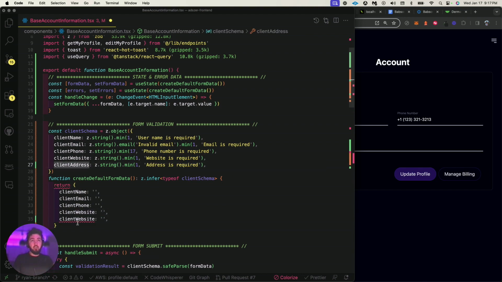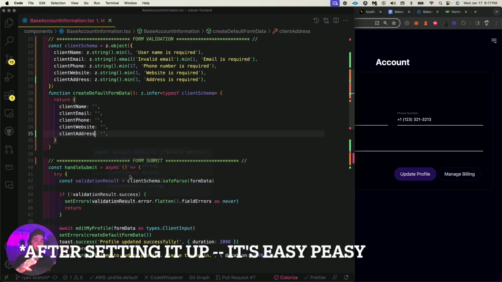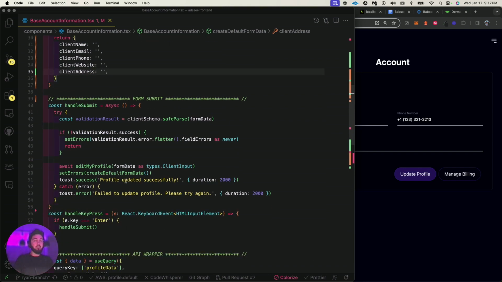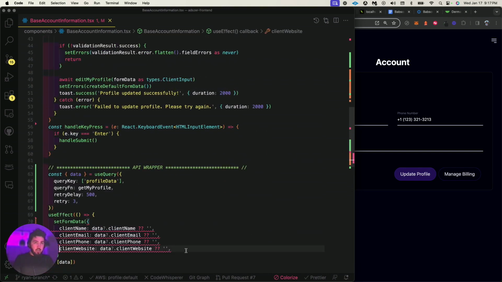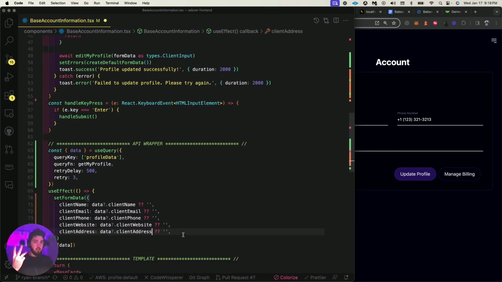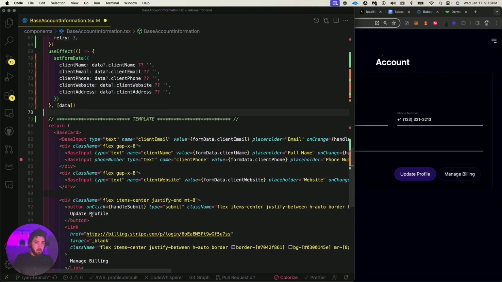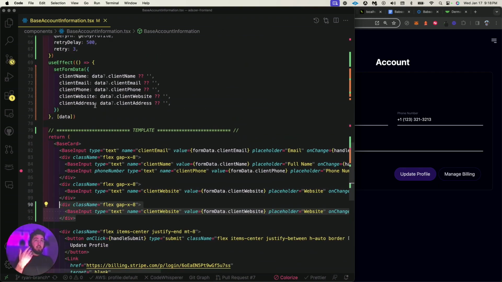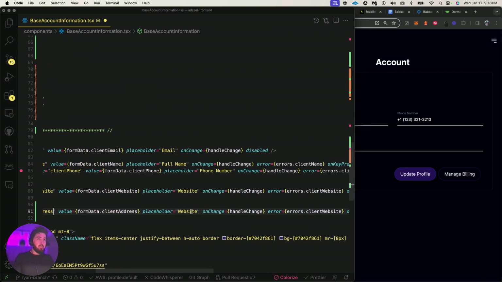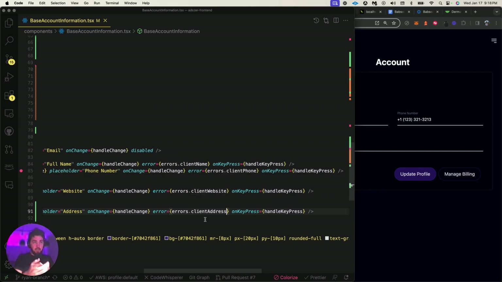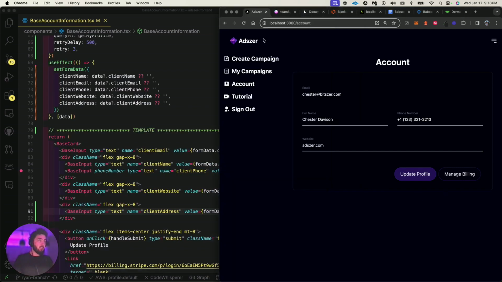So if a client tries to input, and this will go by so quick, I just wanted to show how quick I could literally integrate all this new API, if you will, or this new data field that's needed. But we just have form validation, which is one of the questions I asked in the interview, if there's form validation and contract generation, specifically because I know that's something I'm really talented at. So boom, all I've done is just added that new field associated to the backend. The backend made an update. Hey, you just let the front end guy know. And all I need to do is just pop it into here, and I'll add it to the errors as well. I've got a lovely front end component here that'll handle everything.